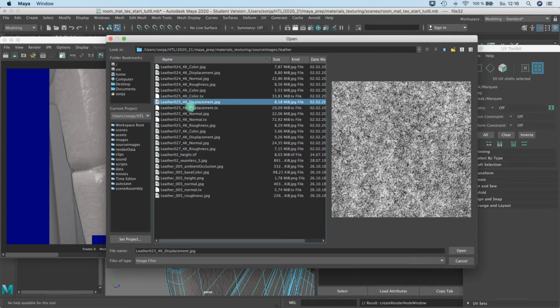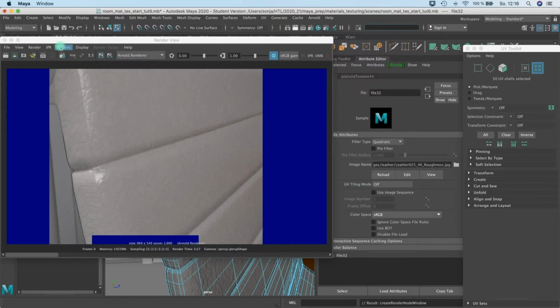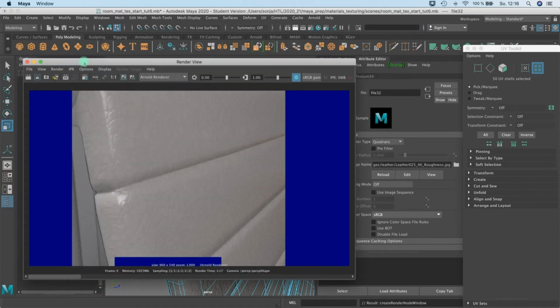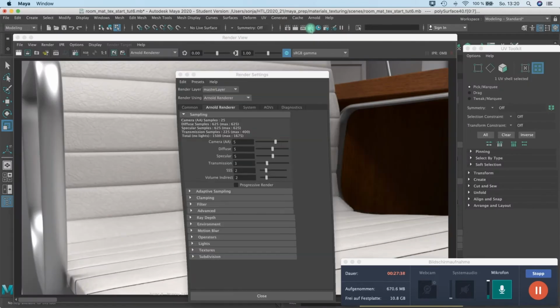So this was where it is. Here we have the roughness map, and then let's have another rendering. So this is more or less my final result, and for that rendering I also increased the render settings to